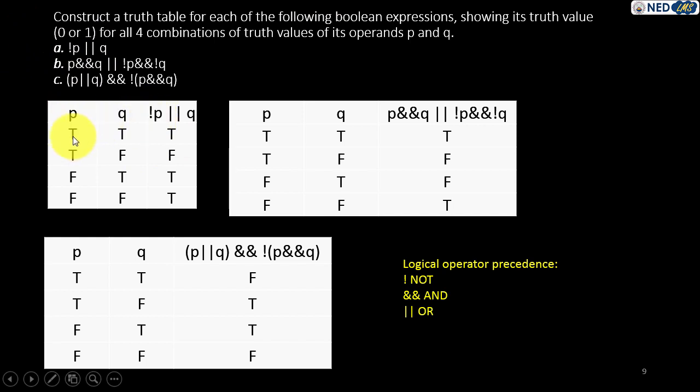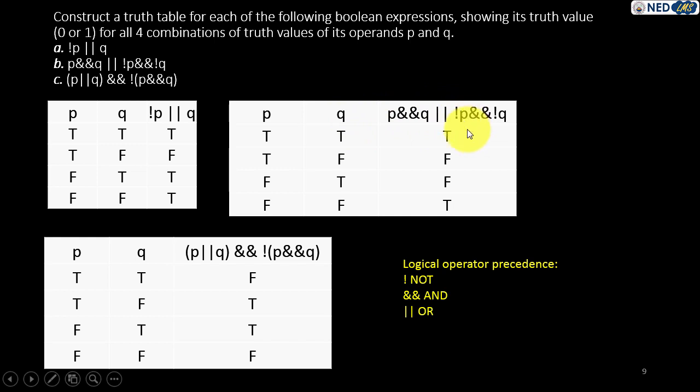So not P would be false here, and Q is true. So false or true is true. And for the next combination, not P would be false, so false or false is false. The third combination is false and true. So not false is true, true or true is true. The last combination is false and false. That would be not false, so that would be true or false is true. So this is the first thing, and the B part is P and Q or